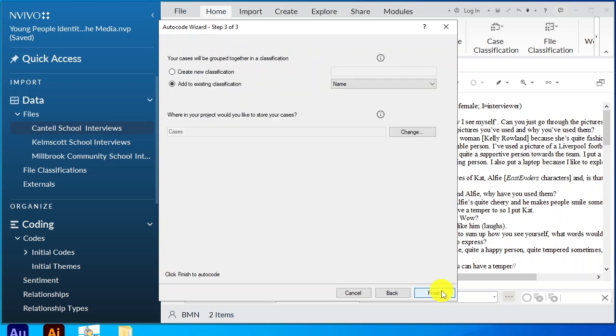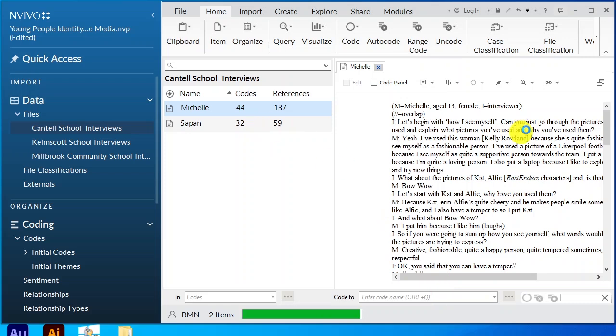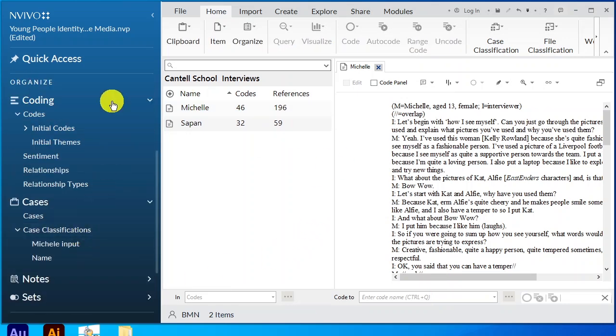And then we click on next, and we can create this as a new classification so that we do not get confused, and we call this Michelle input. It's just a word I'm creating, and then finish, and let's see what will happen. Now if you scroll